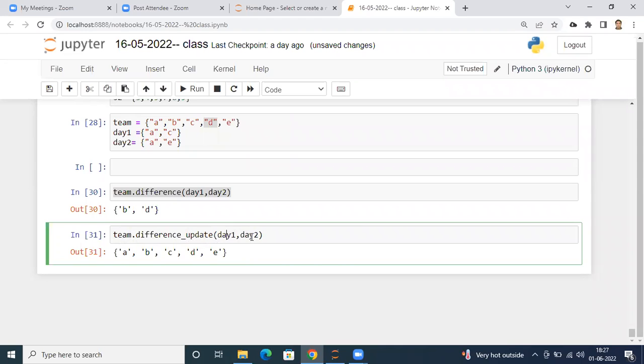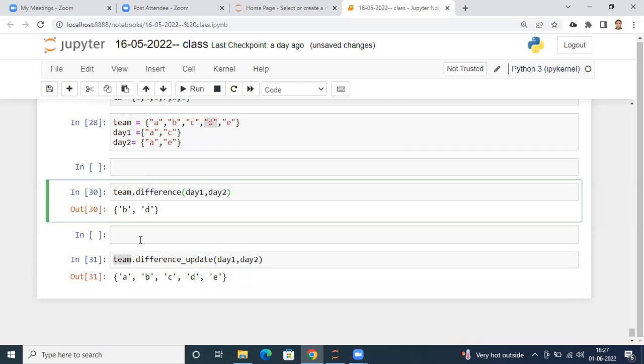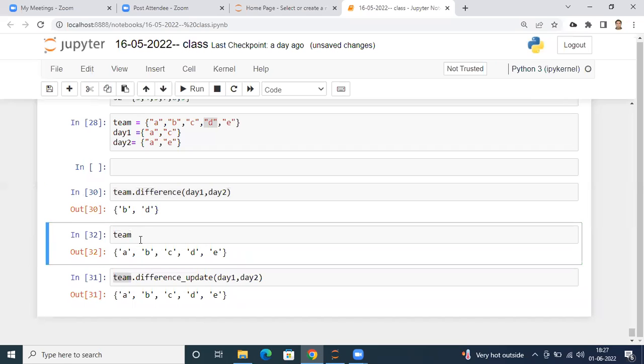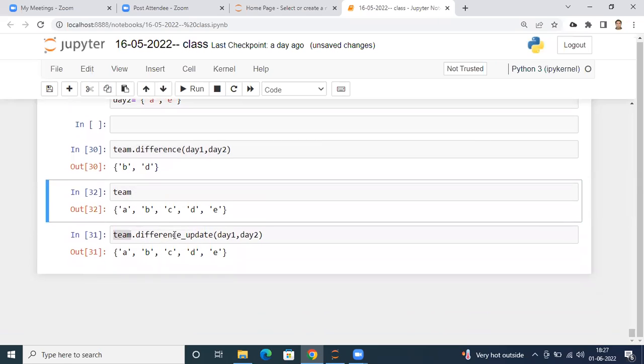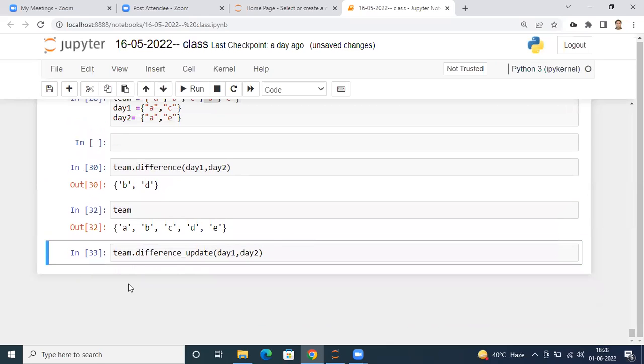But at the same time, understand, they will update the same information in your original team set. Earlier, what was happening? Remember, your team was the same. If you check, when I execute this function, your team remains the same. Team is unchanged, right? But if I execute this, this information will be updated in my original team. So now team will become only B and D. So if I execute this, and check my team this time,